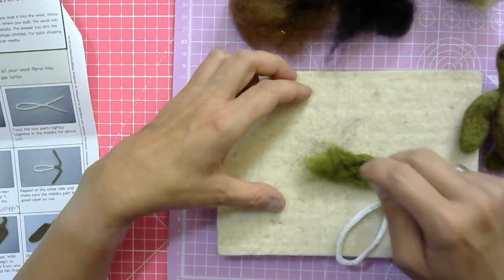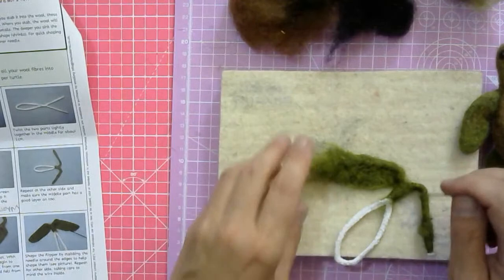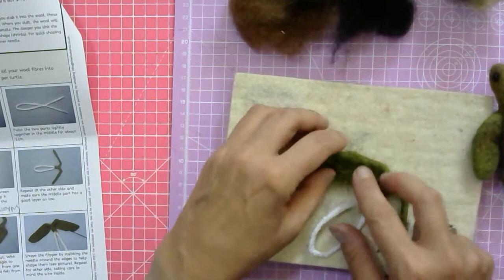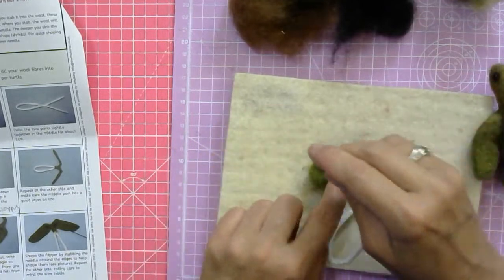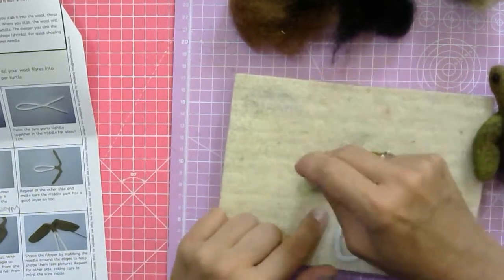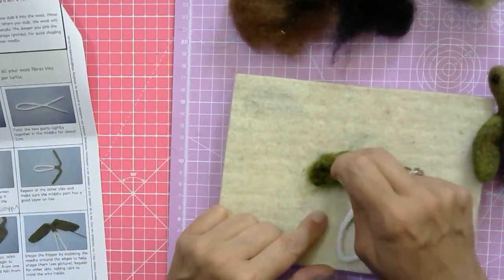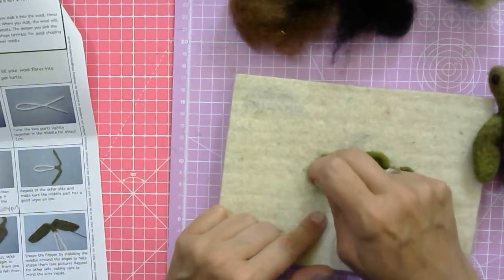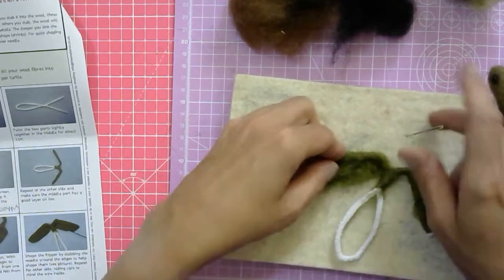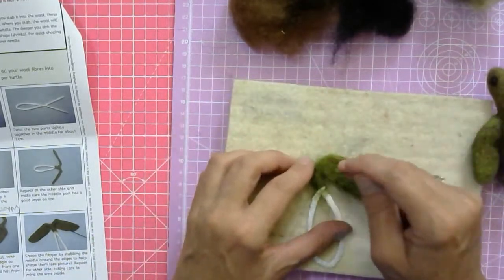So the challenge is not to stab straight into the pipe cleaner, but to keep it nice and neat, and shaping that fin so it's a little bit rounded here at the edge. There. Okay, so if you hit the pipe cleaner, just be prepared to instantly withdraw. But it looks like one fin. The rough shape is there now. It needs to be refined,